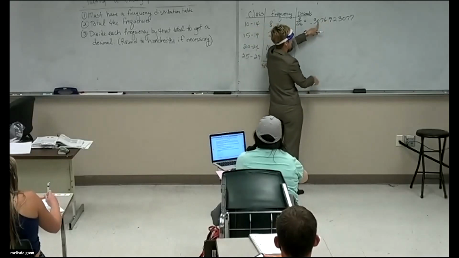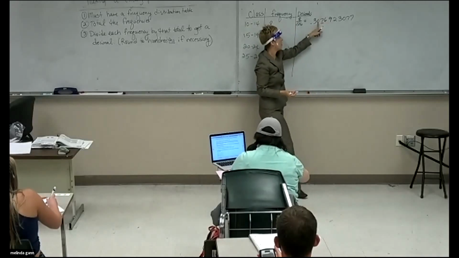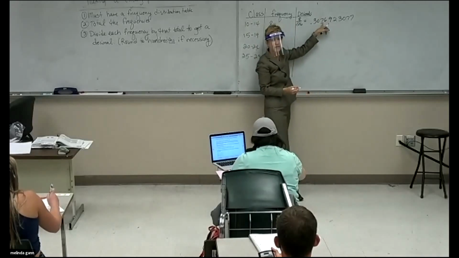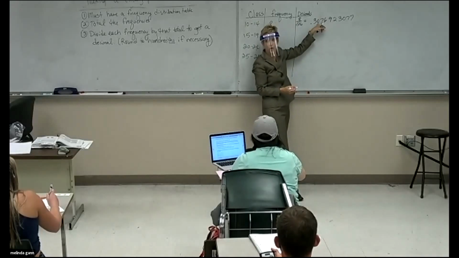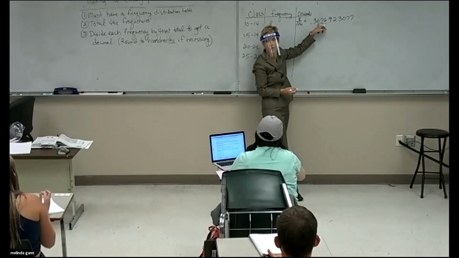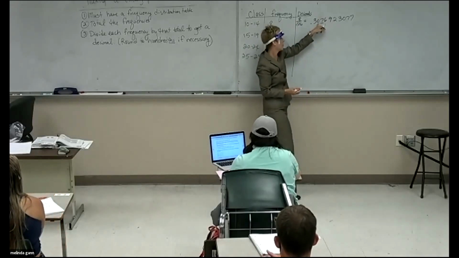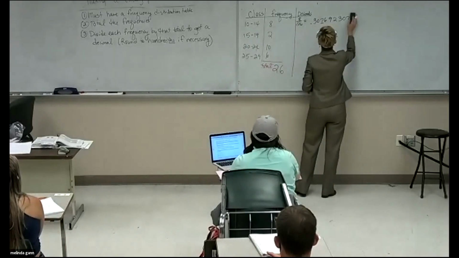Now, I've got to know whether to leave that as 0 or whether to make it a 1. So I don't care about anything except the digit to the right. I ignore everything but the digit to the right. If that number is 5 or bigger, this number goes up. What happens if that number is 4 or smaller? What happens to that number? Stays the same. So is that going to stay a 0 or go to a 1? Go to a 1. So that's what I want to see. 0.31.